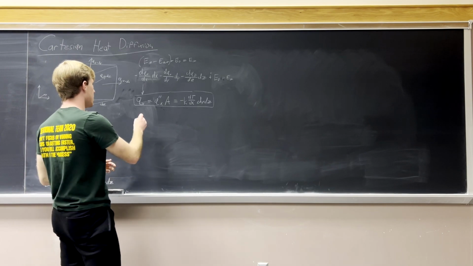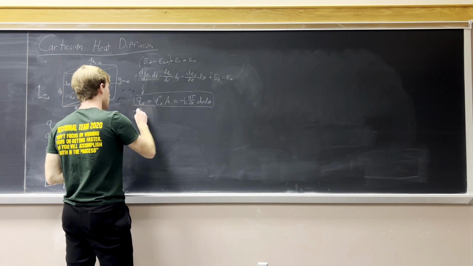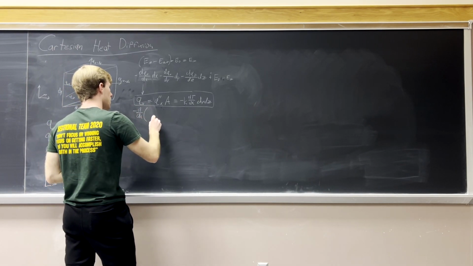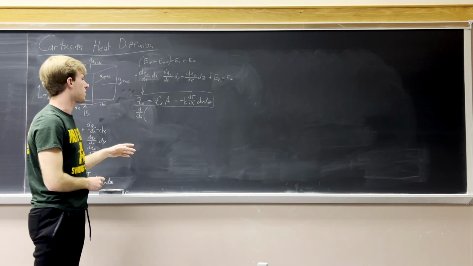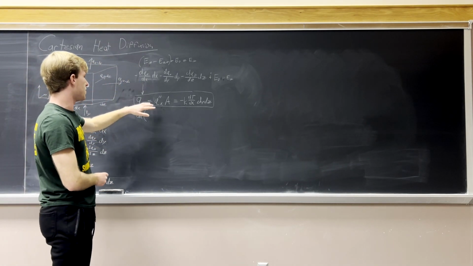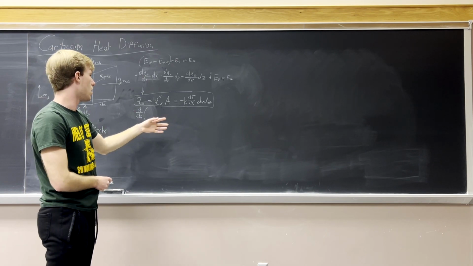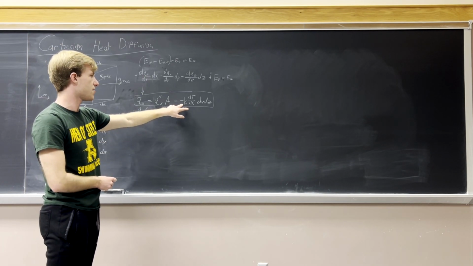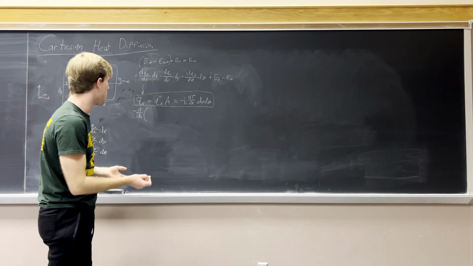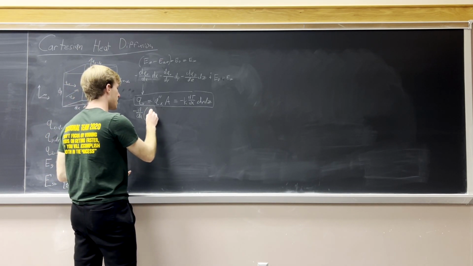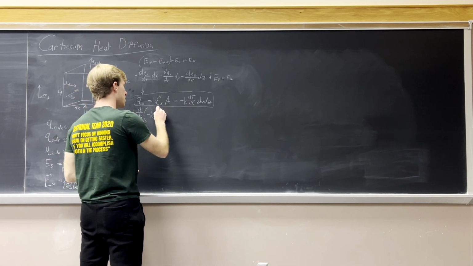So we're just going to have that here. So we're going to have negative d over dx. And again, we're going to take this right here. So what is in terms of d of x? So we have negative k, which, who knows how k changes with volume, so I'll leave that in there. So negative k dt over dx,